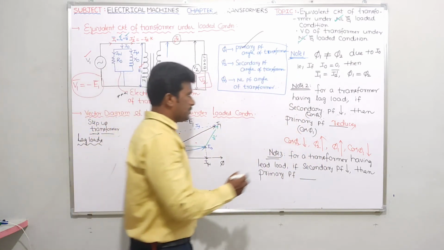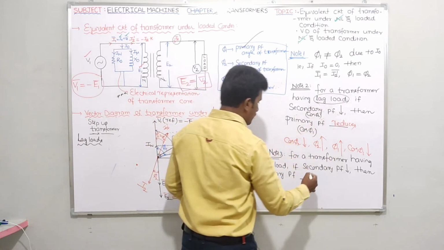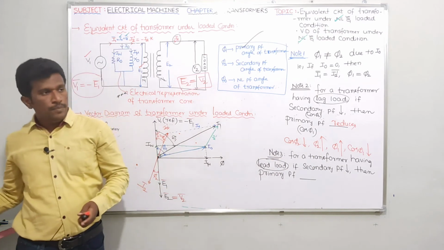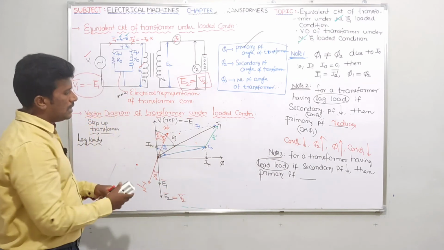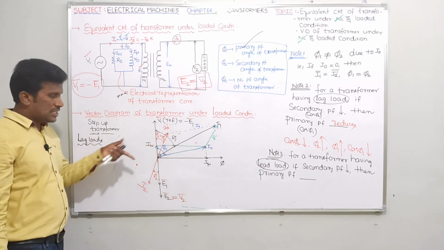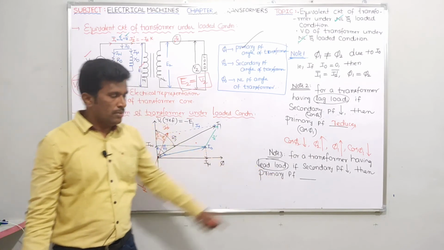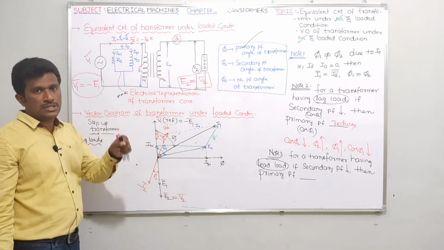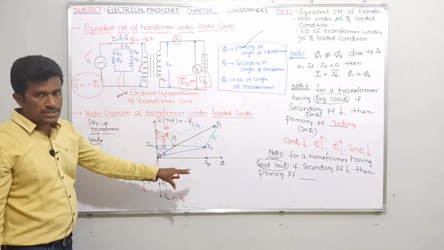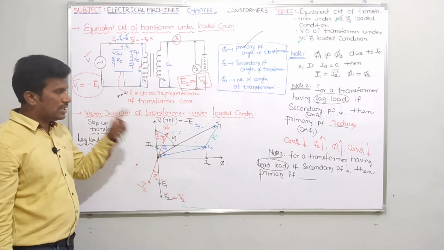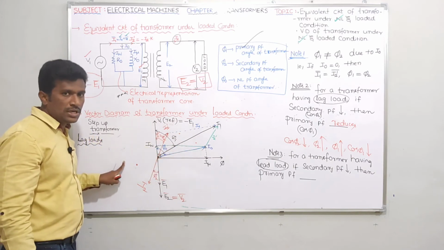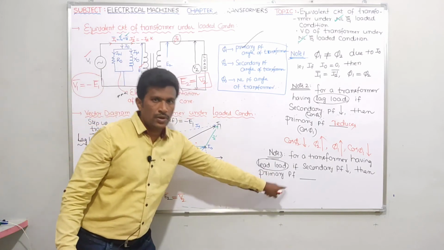So I think I had given explanation for lag loads. Now I am asking for lead loads. Please tell me. Before that, I'll be using the vector diagram once again, but I'll be taking lead loads and I'll explain. Then I'll give the answer. So please, before that, press the pause button and try to note down all those things. I'm just going to erase all those things. I'm going to draw the vector diagram of the transformer under load condition only, but I'll take lead loads here for answering this question.